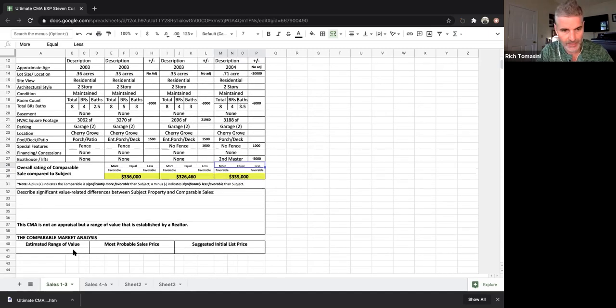So let's go to the estimated range, and we're going to go 326 to 336. So we have a $10,000 margin. So the most probable sale price, if you were splitting the difference, you would say just a hair over 330. But when we looked at the information, we had 2 active listings in the subdivision, both in the